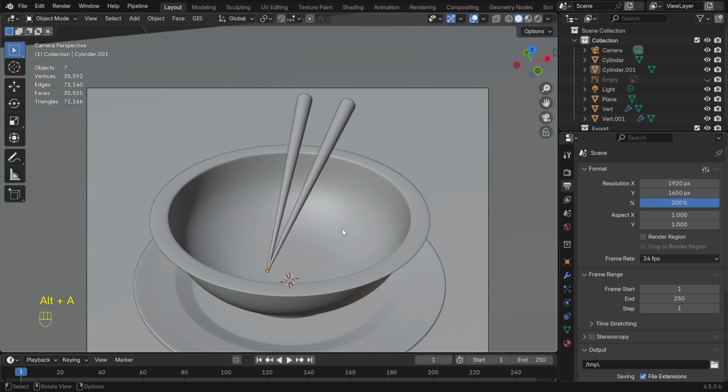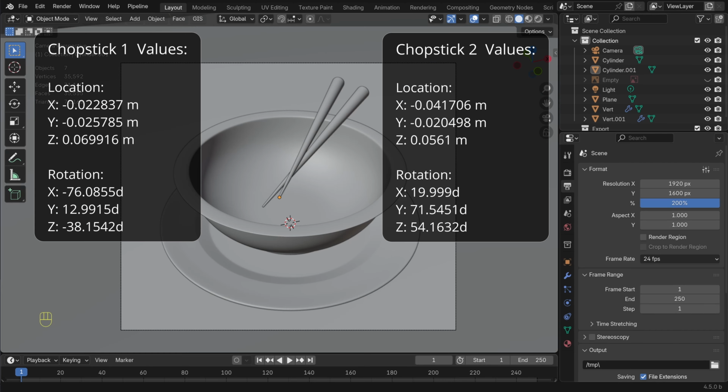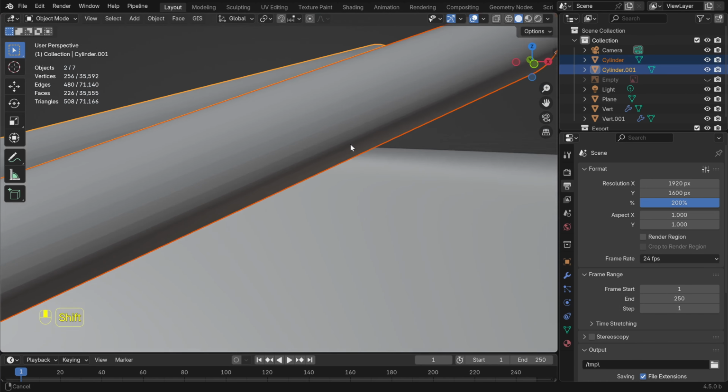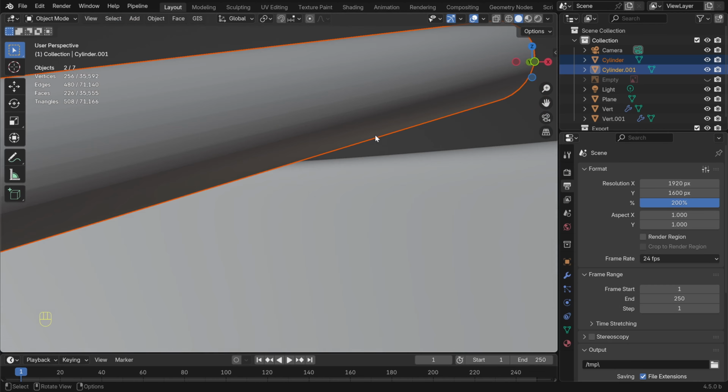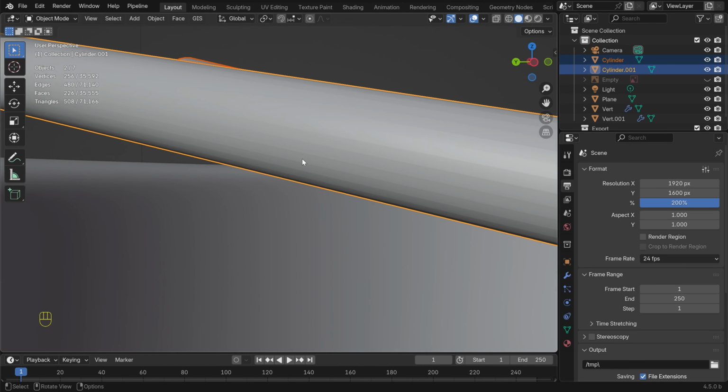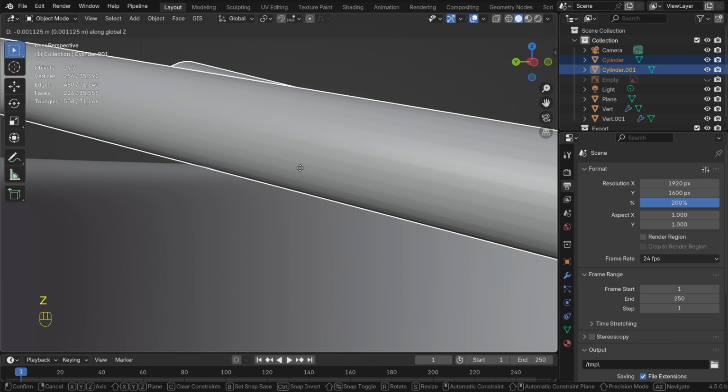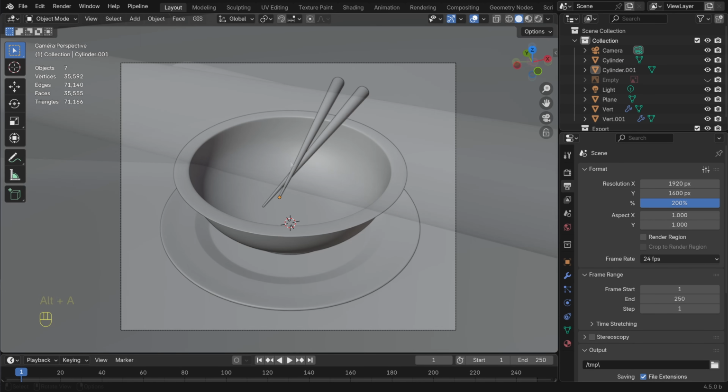You can then adjust the positions of the chopsticks further if you want. These are the locations and rotations I ended up using, in case you want to use the same. Though, even if you copy my values, it's likely you will still need to do some minor adjustments. So just go ahead and place your chopsticks however you want. And then, once you're happy with your chopstick positions, we are ready to move on to the scene lighting and